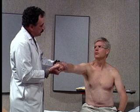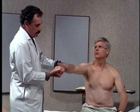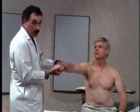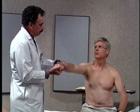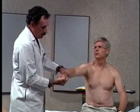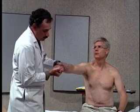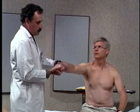If Mr. Smith's central venous pressure is elevated, the dorsal veins of his hand will not collapse when I let go of the tourniquet. So let's do that. The veins are well distended. They're easily seen. I'm going to try to bring the arm parallel to the floor, give it a small elevation